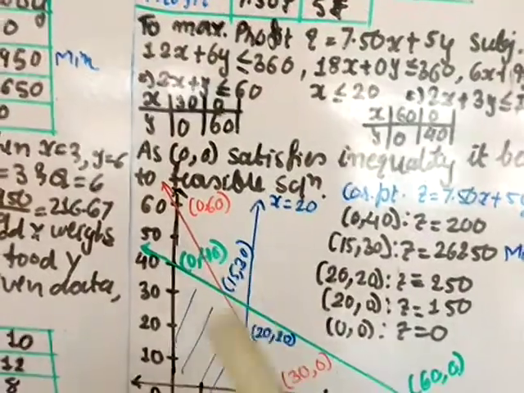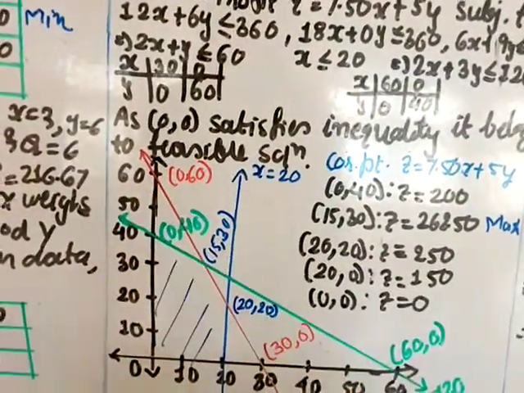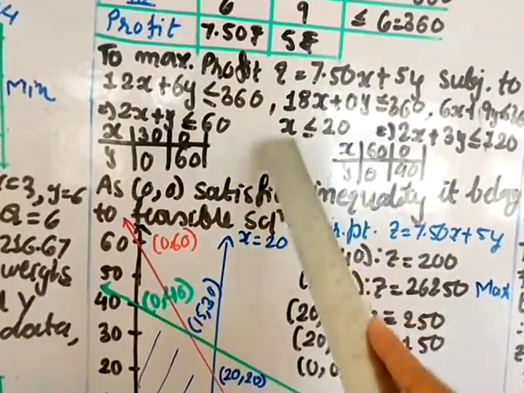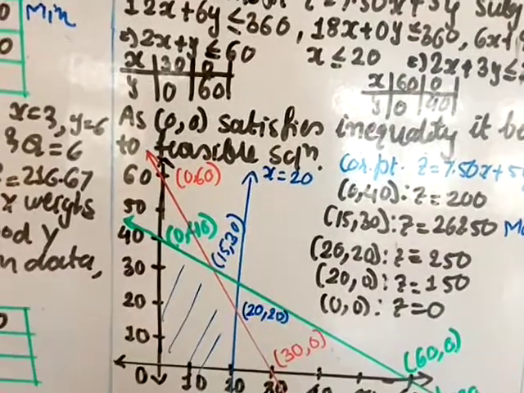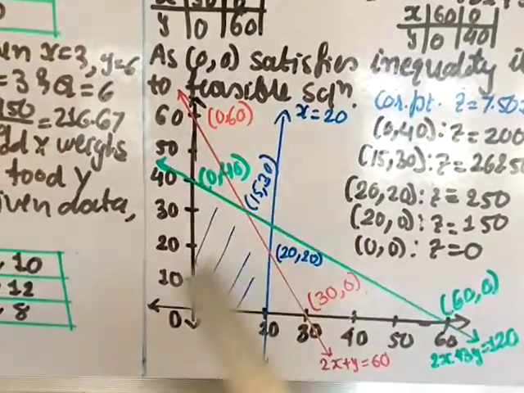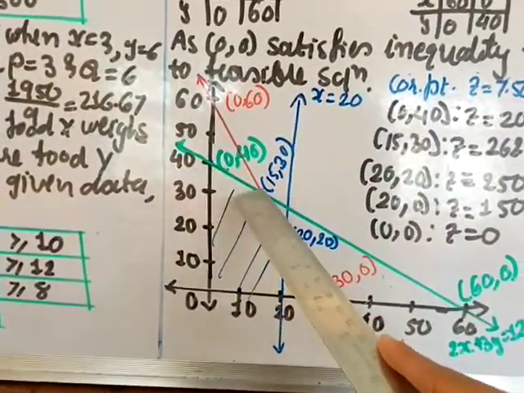Okay, so I have drawn all these lines here, so you can draw. This is one line, this is another line, and this is the line x equal to 20. Is it x less than or equal to 20? There is no y, so the x value is only 20, so this line is parallel to the y axis. Since (0, 0) is included in the feasible region, this is the inner part. You have to take the inner side, this is the one.